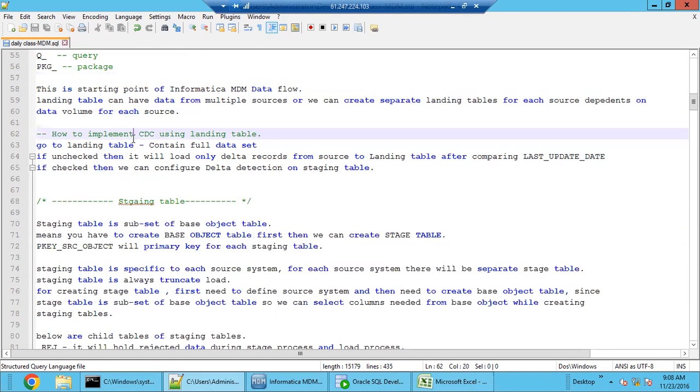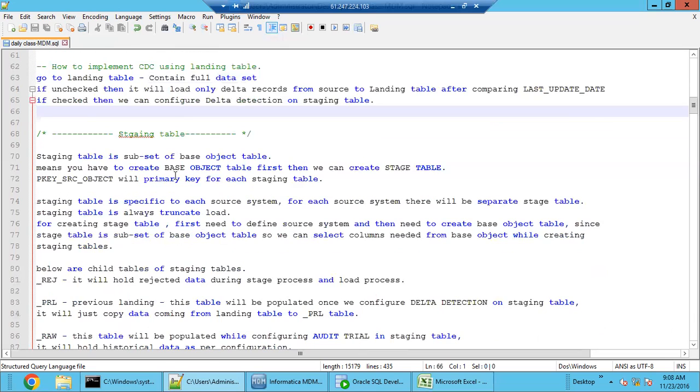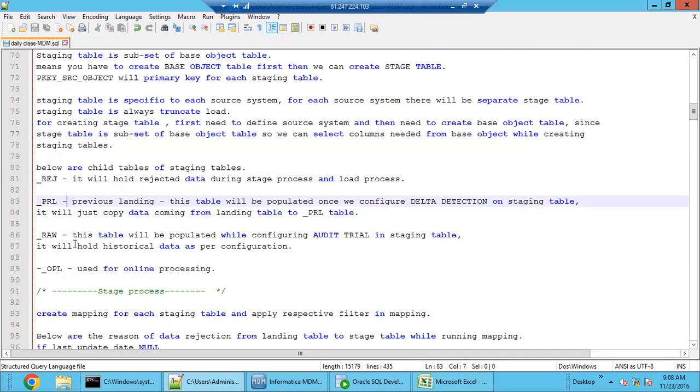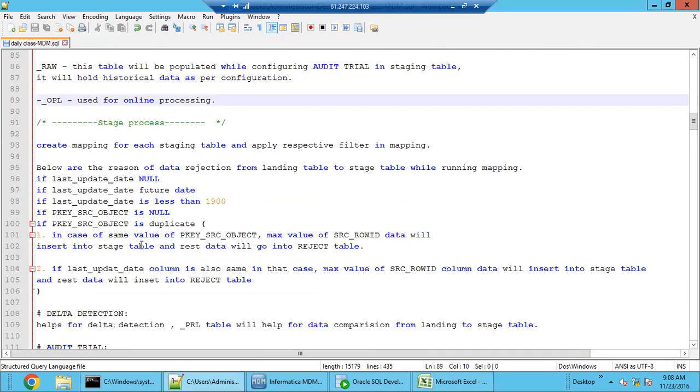And how we can apply delta on the landing. We have one option called full data set, with the help of which we can enable or disable and allow full or delta. And if we come to the stage table, we understand how to create a stage table, what the different child tables of the stage table are, and how to create the mapping between landing and stage